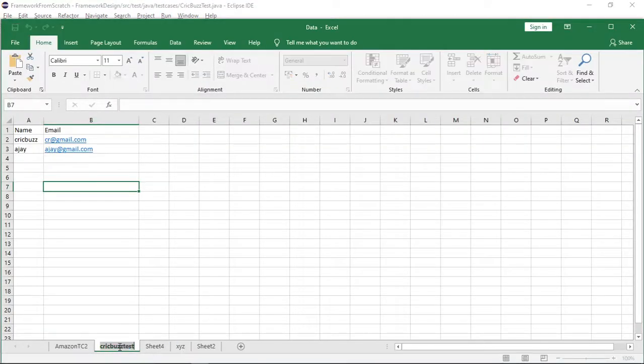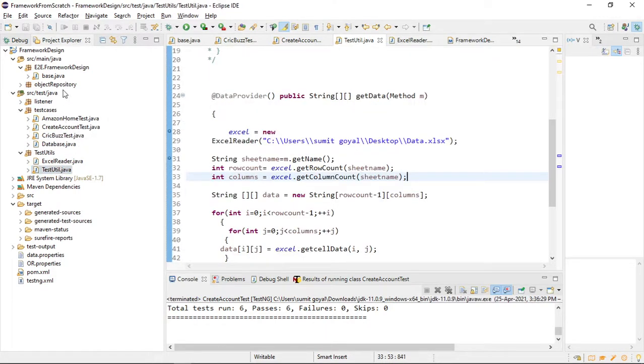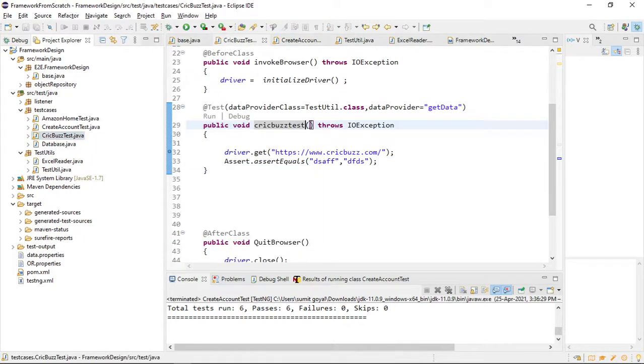So this is the cricket buzz test. Now if you run this, then also your data provider will work. Otherwise you have to copy paste the same code again and again. So that's why I put it in a separate file. So now if I run it, again you have to provide two more variables because we are getting the data.